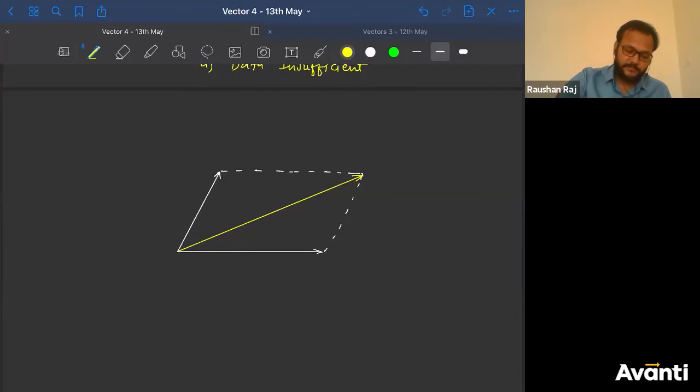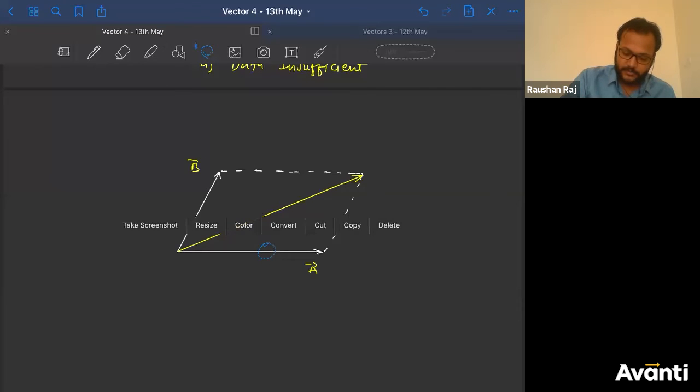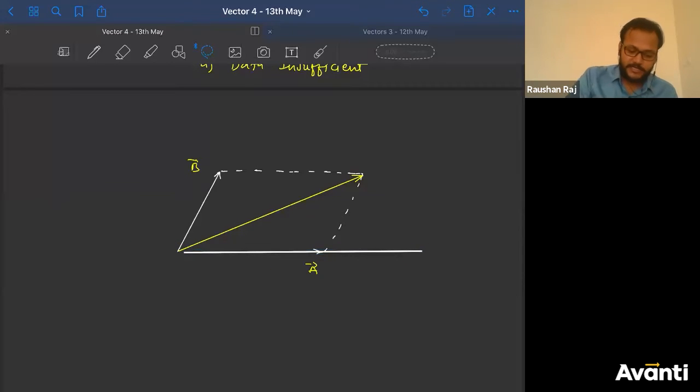Now just imagine if I increase this vector. This is A, this is B. If I ask you to increase this vector A, ठीक है, A को मैं increase करने बोलता हूँ, then क्या होगा? तो अभी देखो, मैं लाइव इसको इंक्रीज करके दिखाता हूँ. इसको रिसाइज किया मैंने और क्या कर रहा हूँ? बड़ा कर रहा हूँ. So if I increase this vector A to this, what will happen? ये थोड़ा सा बड़ा हो जाएगा. Now how will the parallelogram look? I have to draw one more parallelogram, and that will look like this.